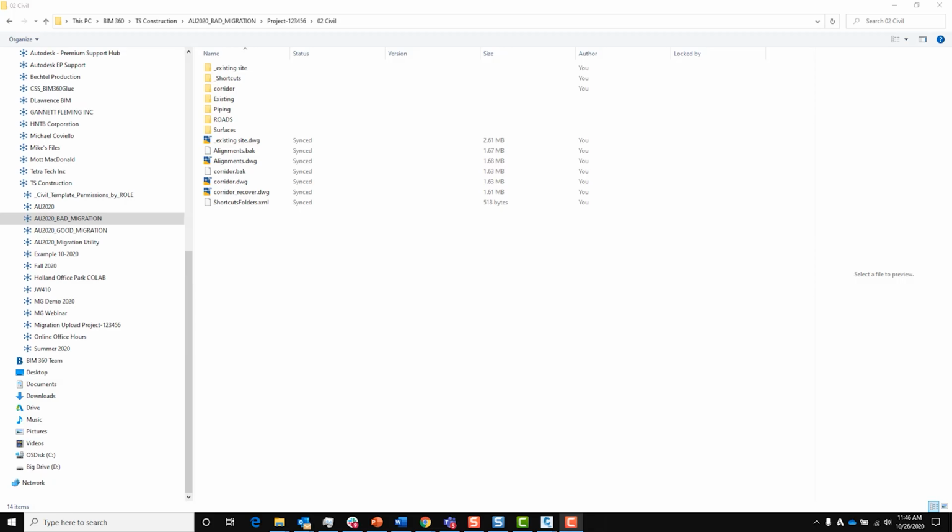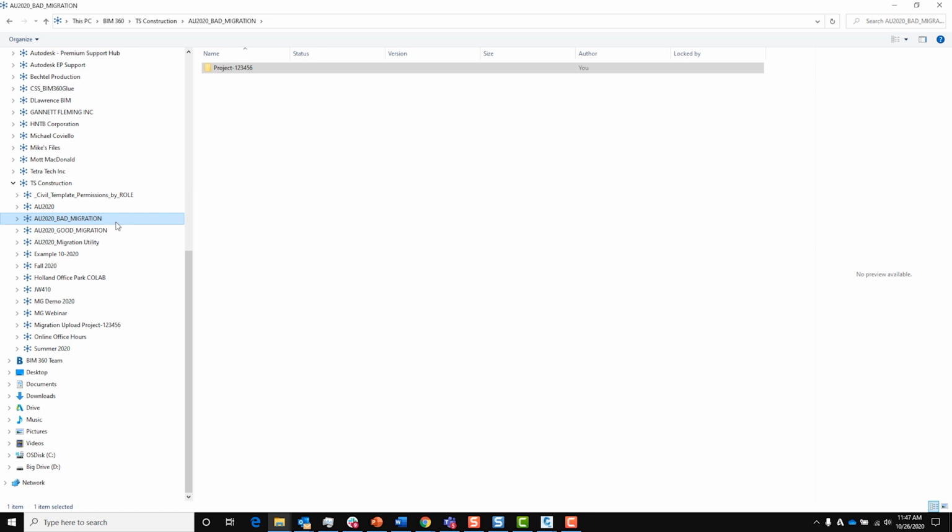I've jumped over to a Windows Explorer window where I'm looking at my BIM 360 folder at an example I did called Bad Migration. So over on the left side here, I see all the different company hubs I'm invited to. TS Construction is my example hub that my AU projects are part of. And Bad Migration is the project I'm looking at currently, and we're looking at it through the local cache on my hard drive.